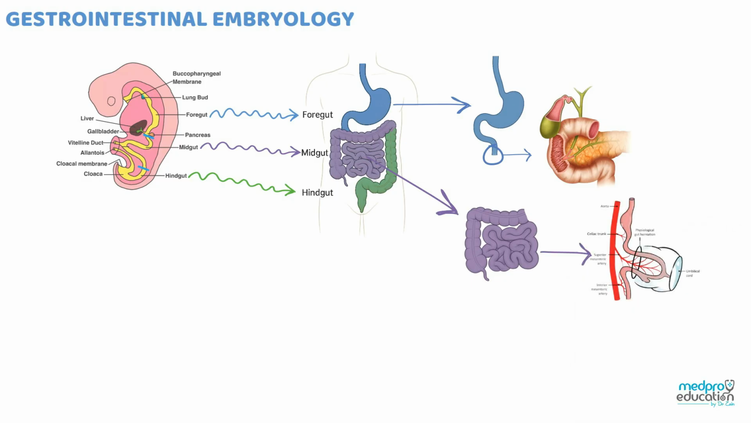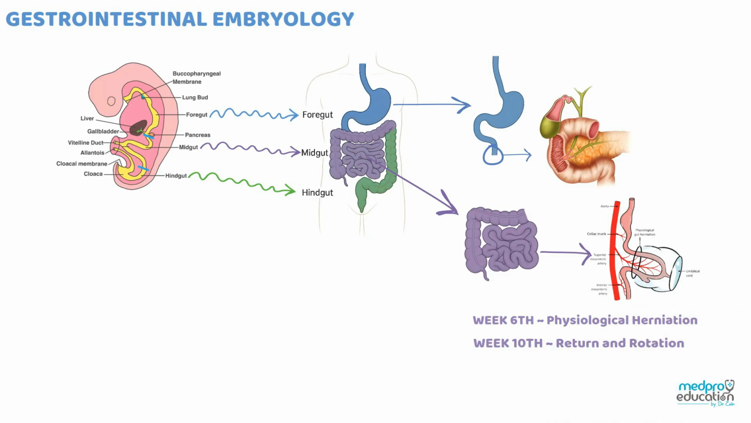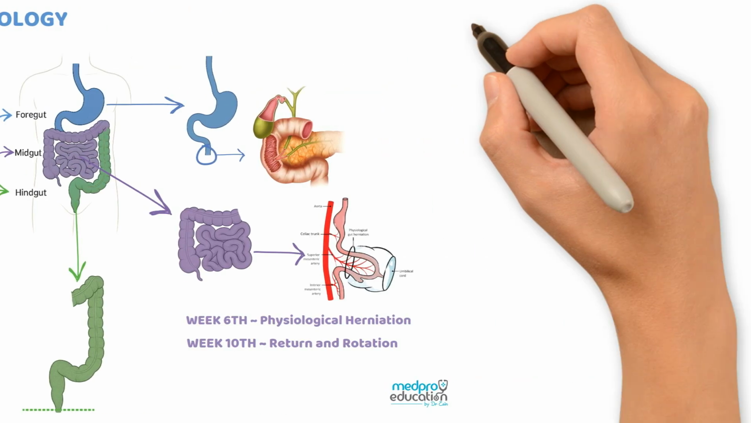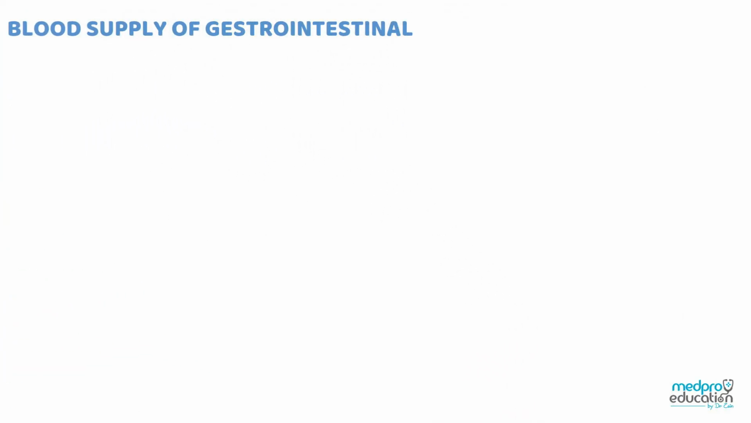In the 6th week, the midgut herniates into the umbilical cord. By the 10th week, it returns and rotates 270 degrees counterclockwise around the superior mesenteric artery, SMA. The hindgut stretches from the distal third of the transverse colon to the upper anal canal, ending above the pectinate line. To fully understand GI embryology, you must know its vascular supply, because many congenital and surgical conditions relate directly